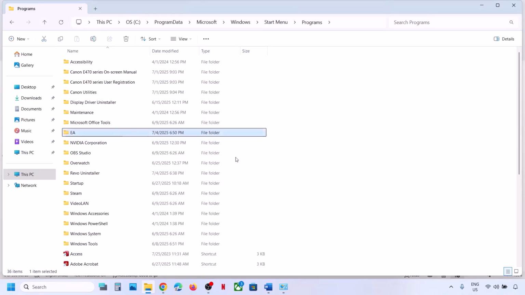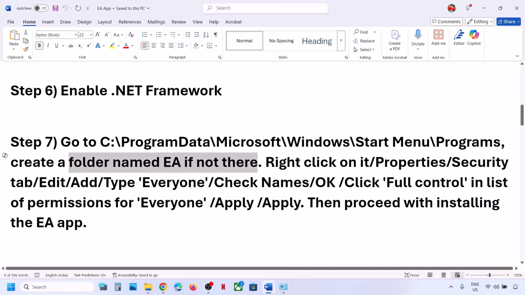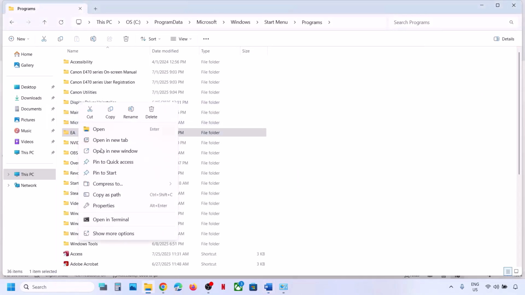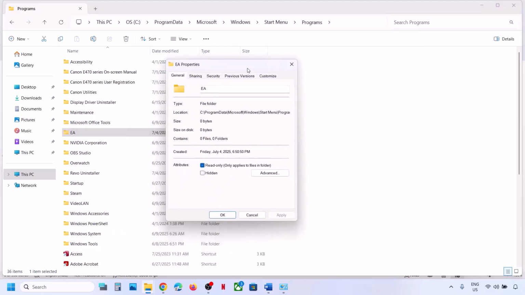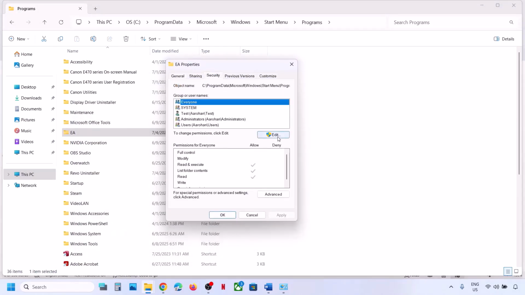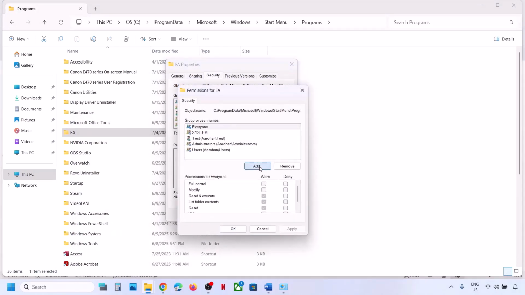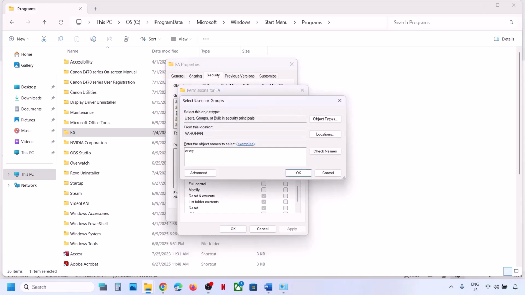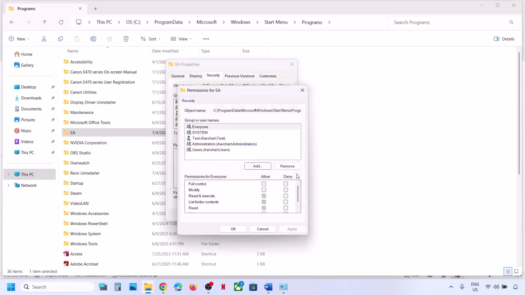Now once you name this folder EA, after that you make a right click on the EA folder, and then go to Properties, go to the Security tab, and then click on Edit over here, and then click on Add, type in Everyone over here, and then click on Check Names, and then click on OK. Now once you type in Everyone and check it,